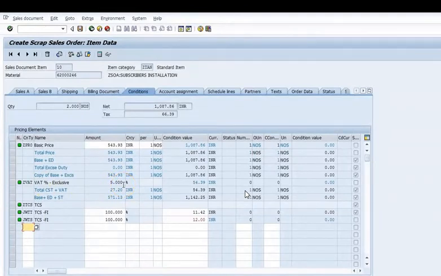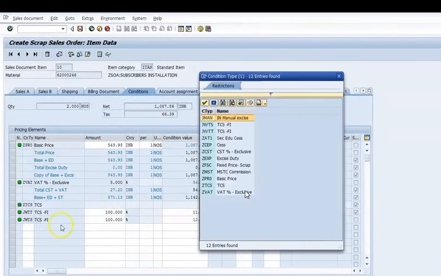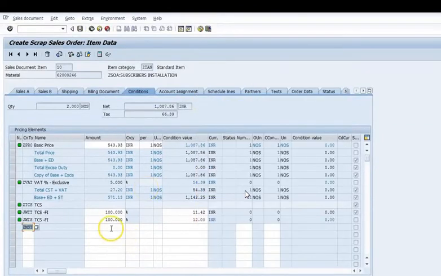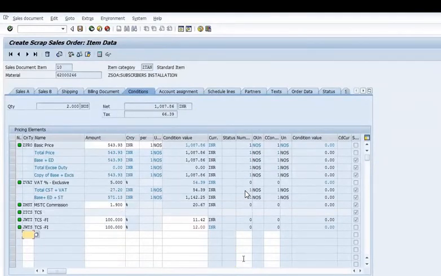That is 54.39, and the total CST plus VAT, base plus ED plus ST is this. All the things are available here, and you need to maintain the MSTC commission. Earlier it was 1.9%, but now the MSTC commission has changed.